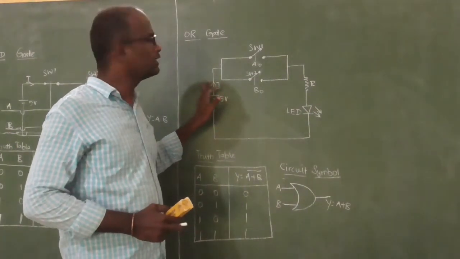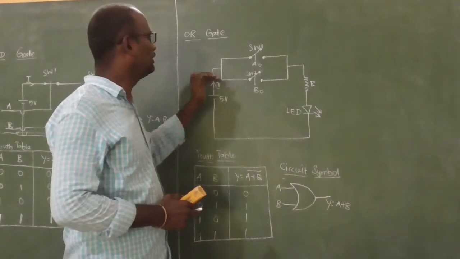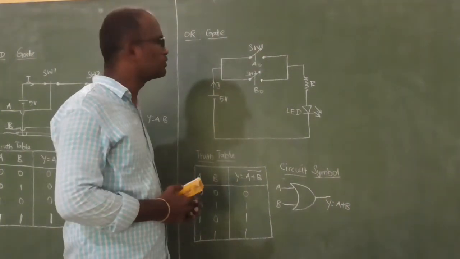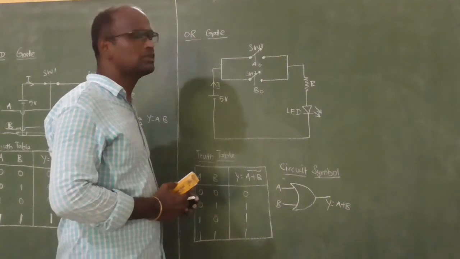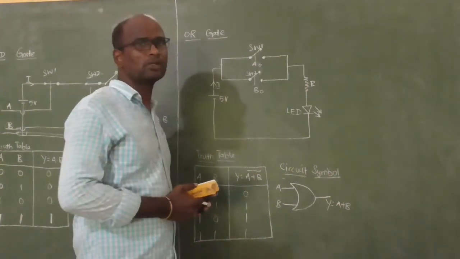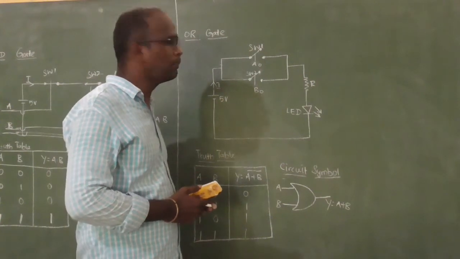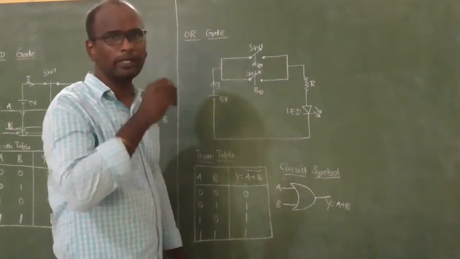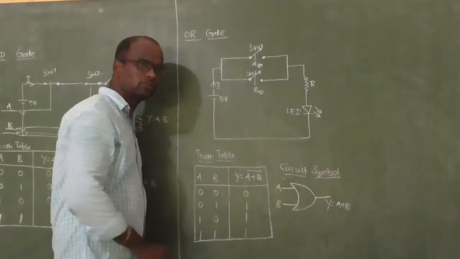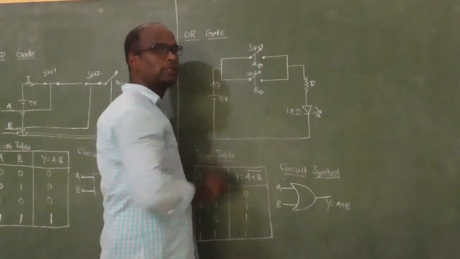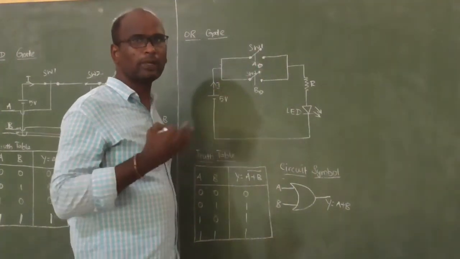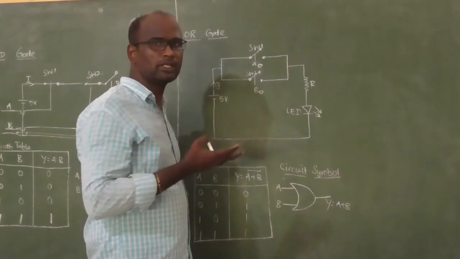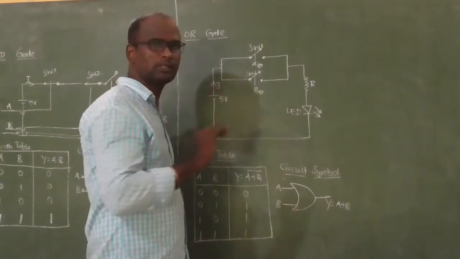So this current is entering into the parallel combination. In this parallel combination, the current flow is controlled by both the two switches, switch 1 and switch 2. The switch 1 is controlled by A input and switch 2 is controlled by B input. By applying 0, 0 for both the inputs A and B, both the switches are in open condition. We have already seen, if we apply 0 for the switching input, then the switch is in open condition. That is, there is no current flow path.